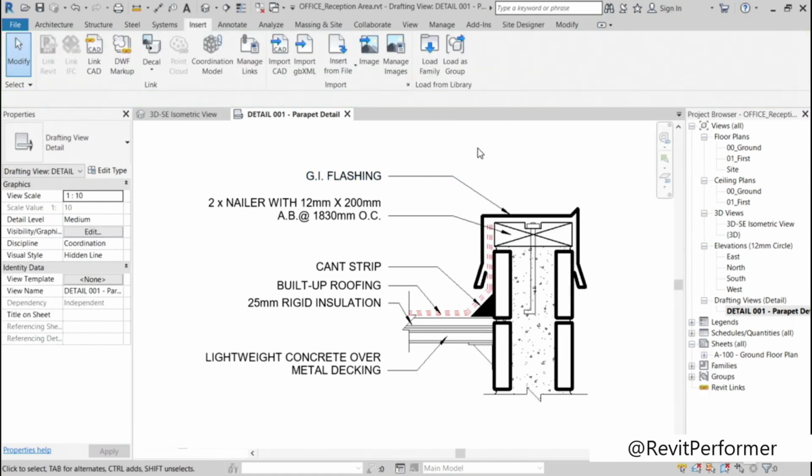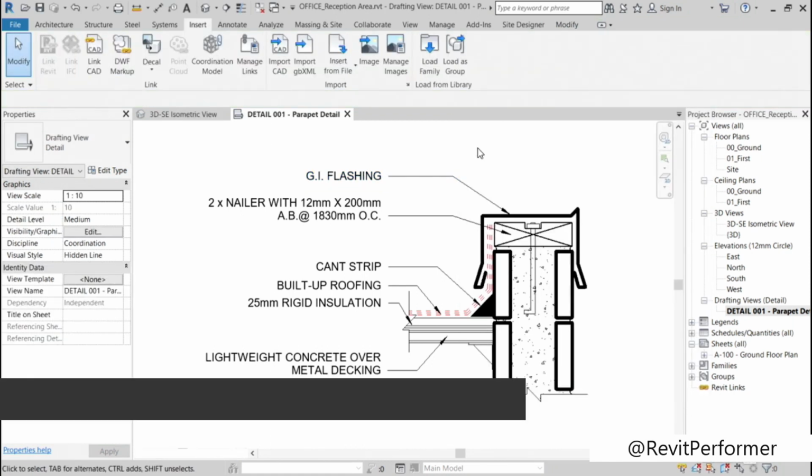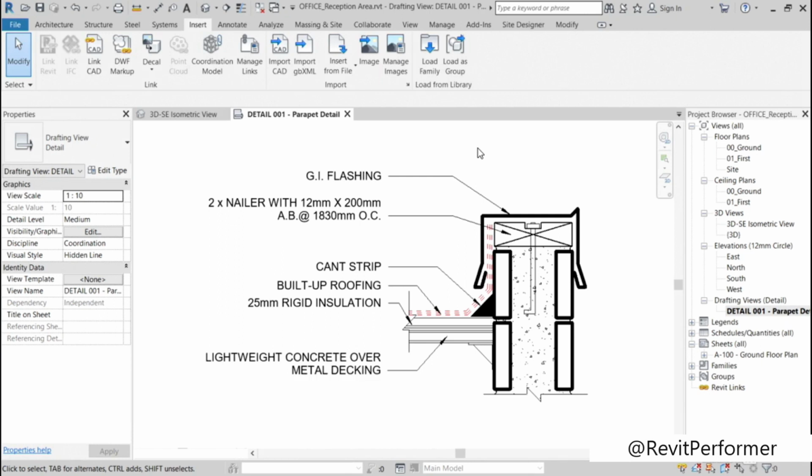We're staying in the detail, our one parapet detail view in our office reception area.rvt file. And what we're going to look at now are those family types that we looked at in the previous video. So we're going to look at creating some new text, some new family types that have different fonts and different sizes. At the moment, our text in our parapet detail is using one of the default Revit fonts and heights, which is Arial 2.5 millimeter high. So that's one of the defaults that you get whenever you start a blank Revit project and start creating from